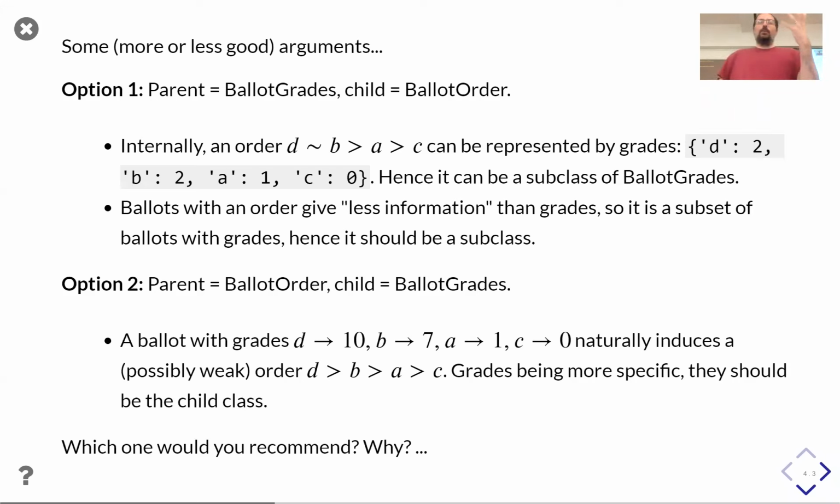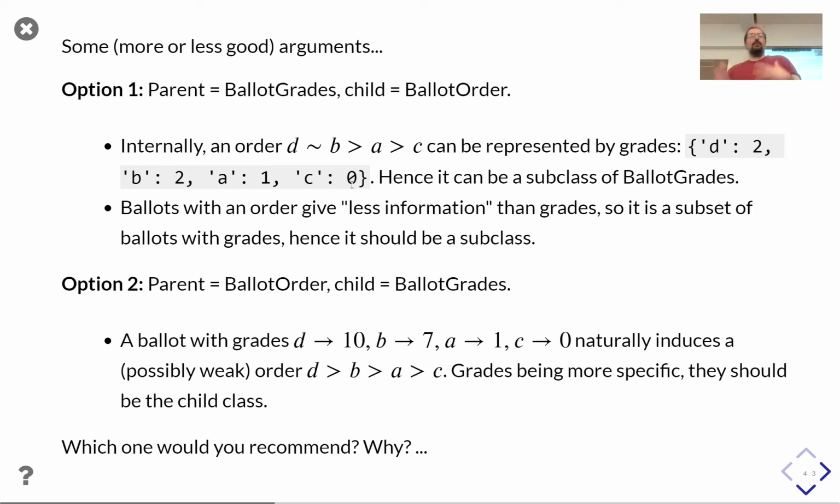Because internally, when you want to represent a weak order, a very easy and natural way is to represent it by a dictionary of artificial grades. So you say, for example, D and B are in front of two other candidates, so I give them the grade 2. A is in front of one candidate, I give it the grade 1, and C is in front of 0 candidates, I give it the grade 0.